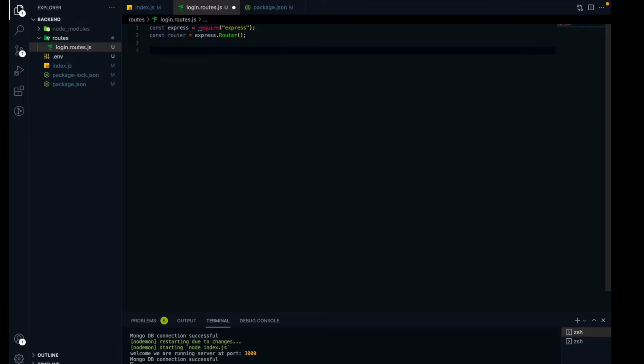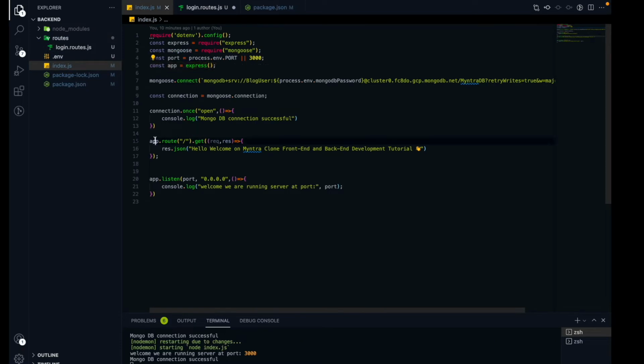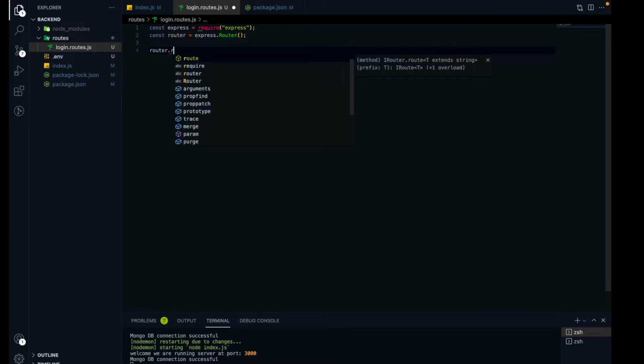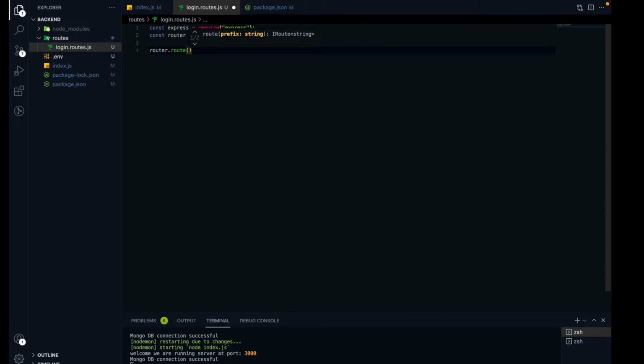And to create a REST API endpoint, the idea is the same. Like the code which we created, that app.route, is kind of the same here also. Like you have to use the router. Okay, so router.route, provide the endpoint name. As of now, I'm again putting the slash. I will let you know why I'm putting the slash again. I will show you. Okay, so don't worry.